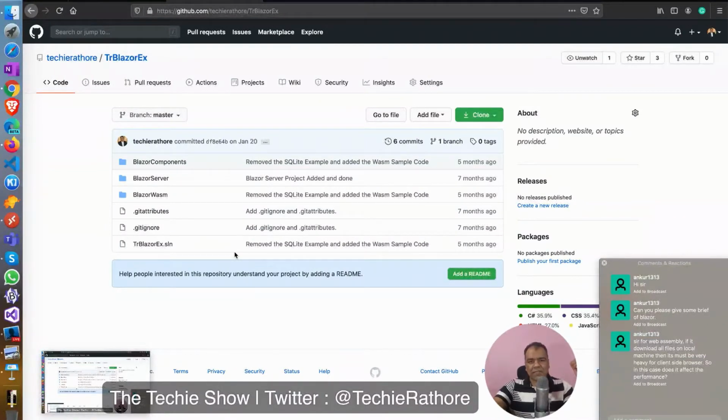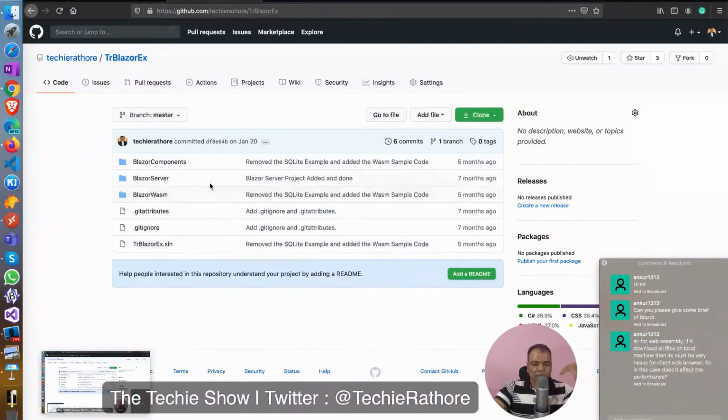They haven't tested it much, but right now they say the max download size of a default Blazor application, of the couple of Blazor samples they have created, is around 1.5 to 2.5 MB. That is a very small size, and they are in the process of making it smaller and smaller. It is getting smaller day by day.